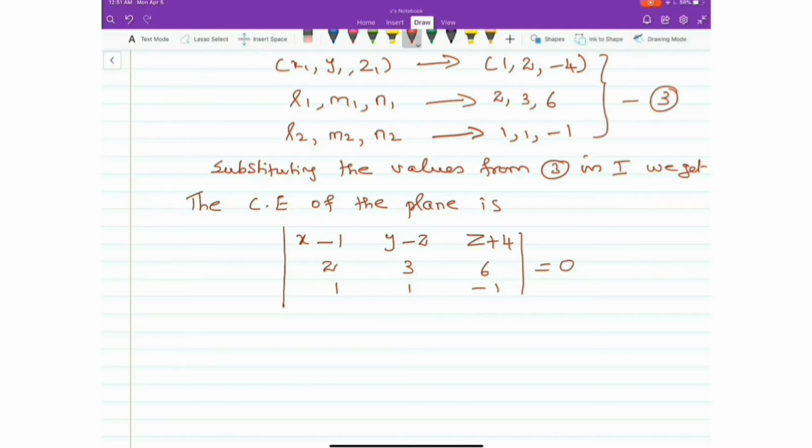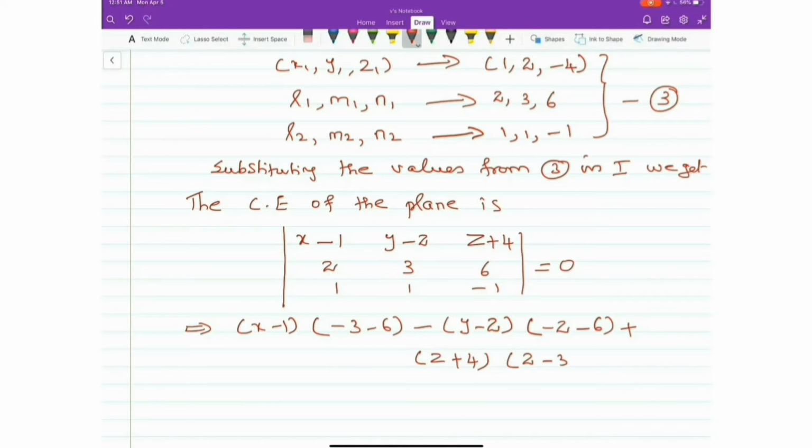When I expand this particular determinant using the first row, I will be getting x minus 1 into, leaving the first row and first column, I will have minus 3 minus 6, minus y minus 2 into, leaving the first row and second column, I will have minus 2 minus 6, plus z plus 4 into, leaving the first row and third column, I will have 2 minus 3,